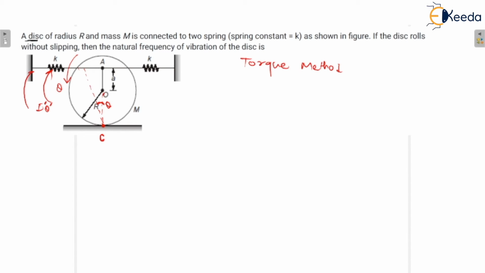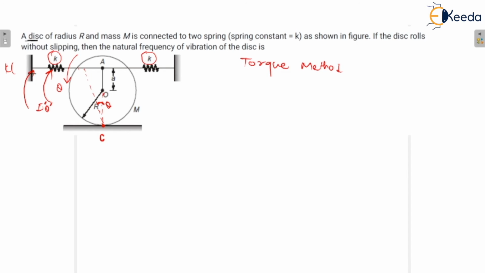And if you write down the torque of the spring force, it would be for the first spring and for the second spring. You can see here that for both springs the spring constant is the same, and both are at the same height. The height will not change if I measure the height from the point of contact. Both are at the same height, so that means the torque would be the same for both springs.